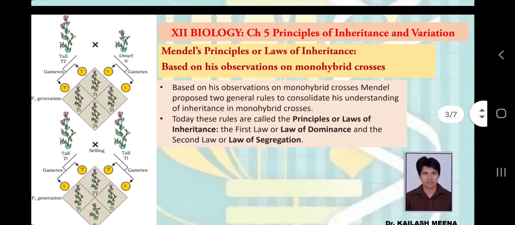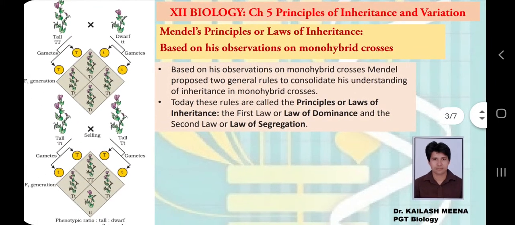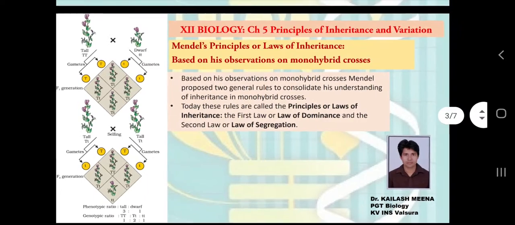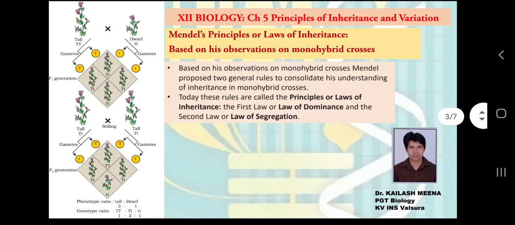In my previous video we discussed monohybrid cross and the results of monohybrid cross. We also discussed three generations, namely parental generation, first filial or F1 generation, and second filial or F2 generation, and the results of the F2 generation as phenotypic ratio 3:1 and genotypic ratio 1:2:1. This figure on the left side of the video summarizes that process. It is very important, because when we discuss those results we need to look back on them every time.